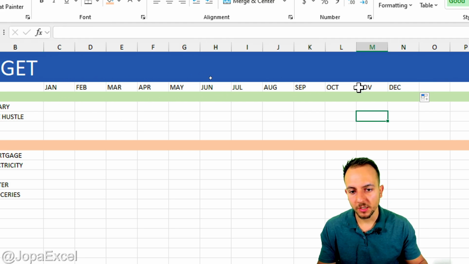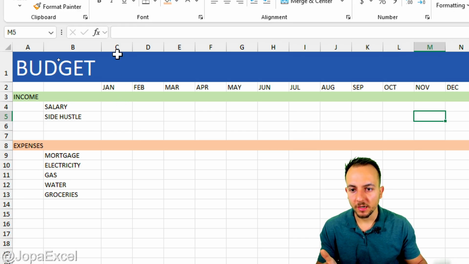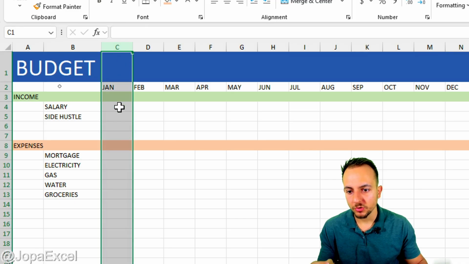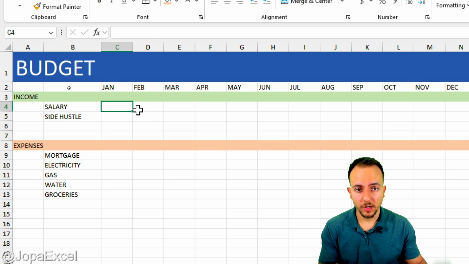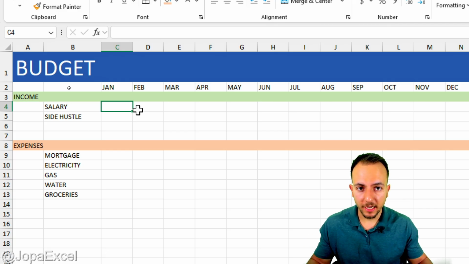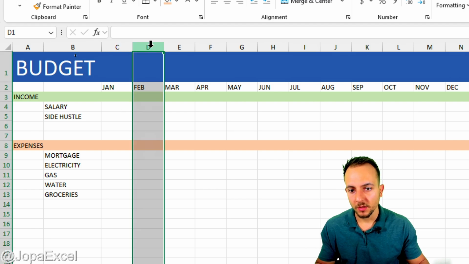January, February, March, April, and so on. However, I need to duplicate those months because I need to have two Januaries. One to register the planned value amount, and another January where Excel brings the actual amount as a result through a formula. So let me, in between each one of those months, click on the letter of the column, right